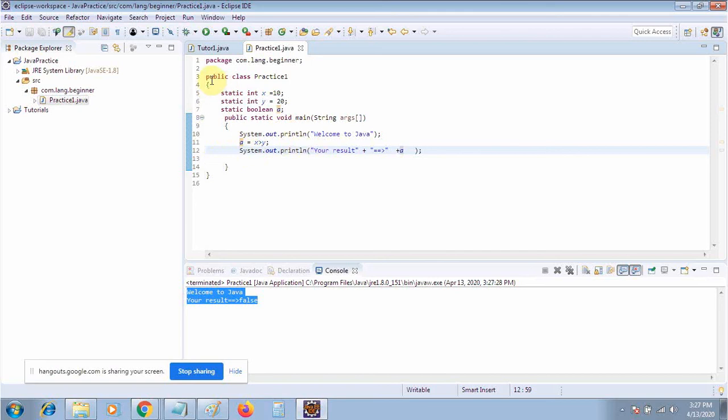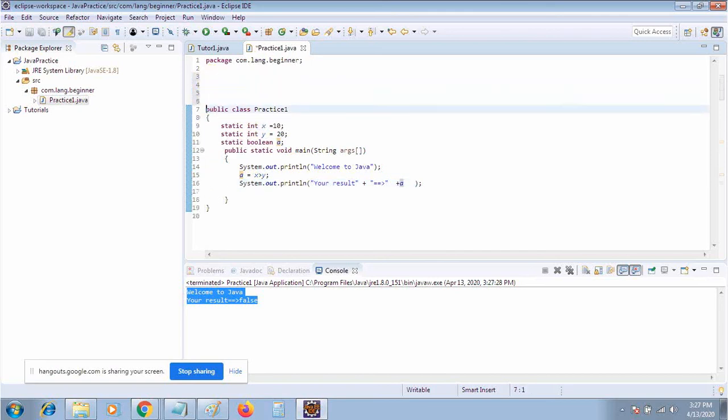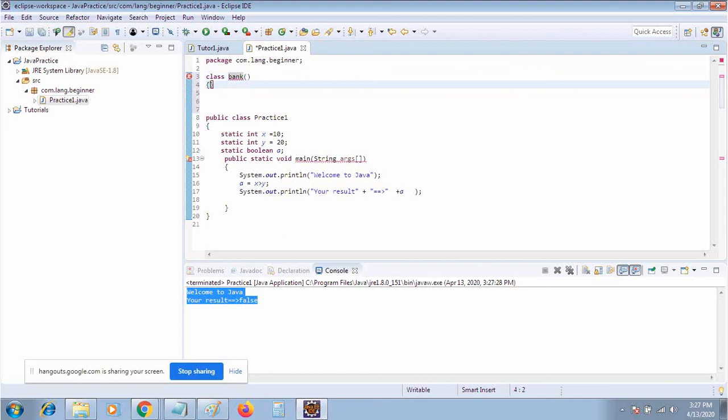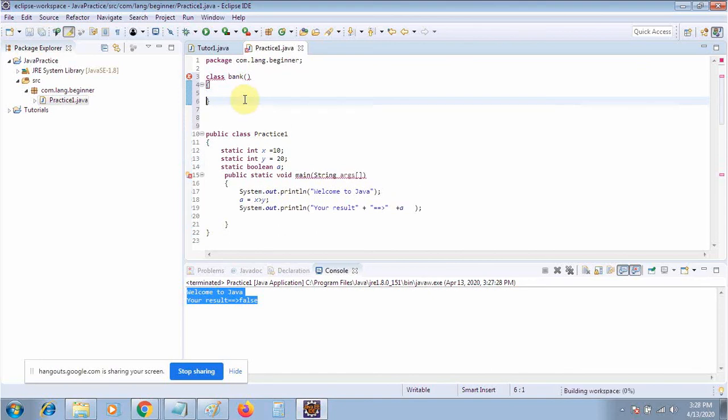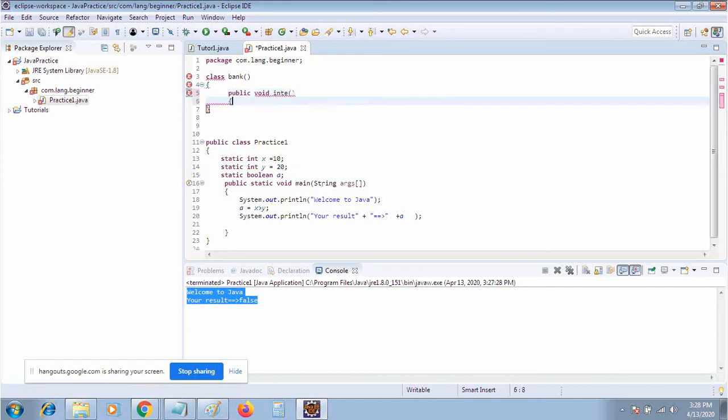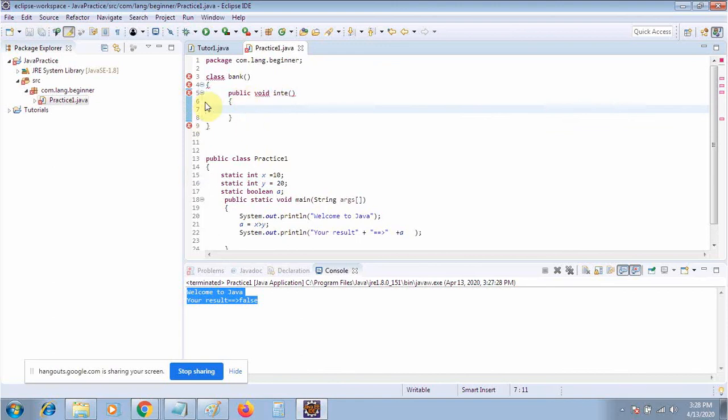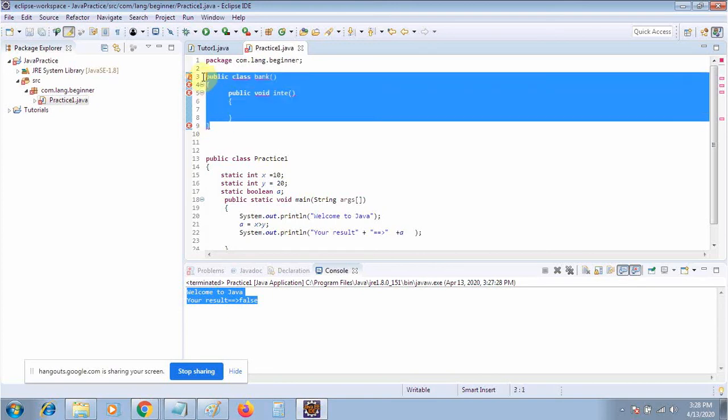So suppose that this is a class, public class existence. Suppose there is one more class, like a class and bank. Okay, so remove this one.